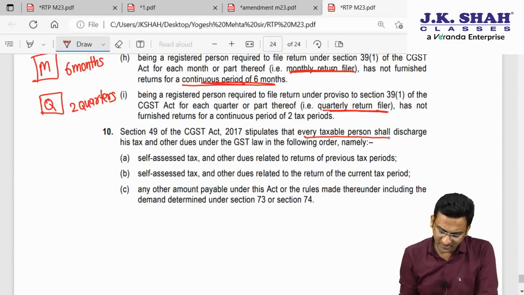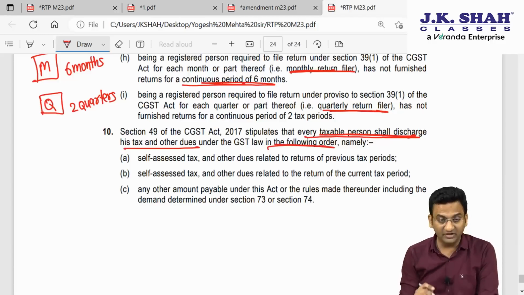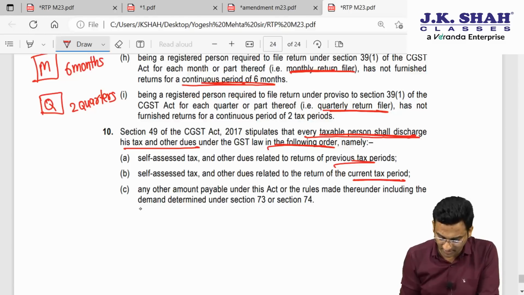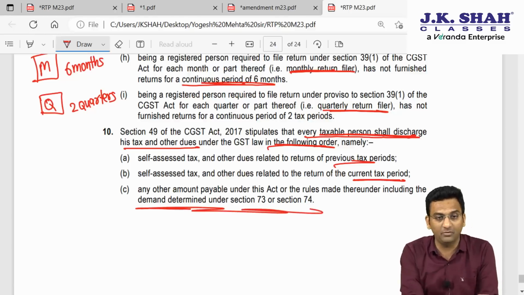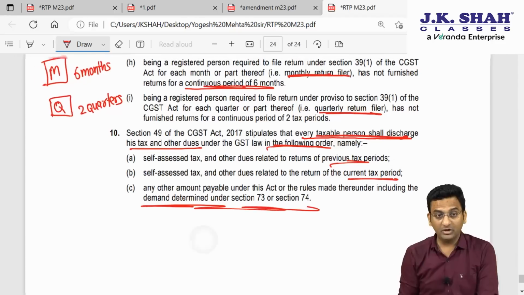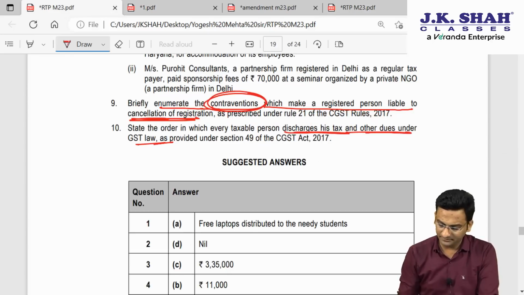Every taxable person shall discharge his tax and other dues in the following order. First, self-assessed tax and other dues of the previous tax period, then of the current tax period, and then any other amount demanded under section 73 or 74. So this was a chronological order, and with this we have completed question number 6 to 10, which were subjective questions, friends. Now we are going to start with our last part, that is question number